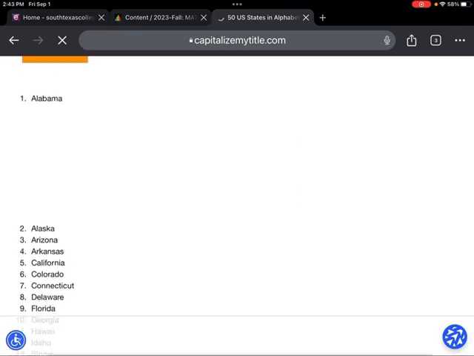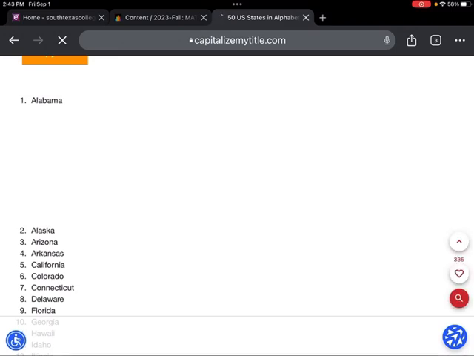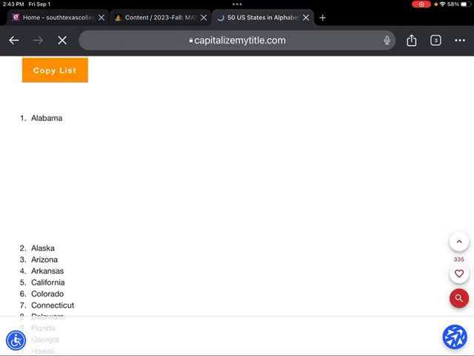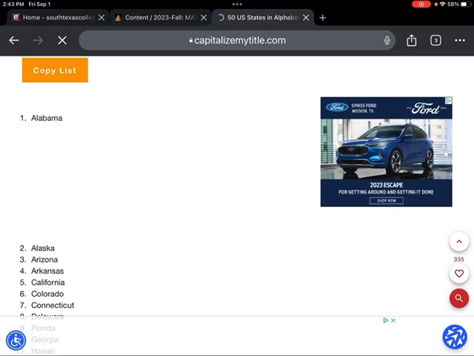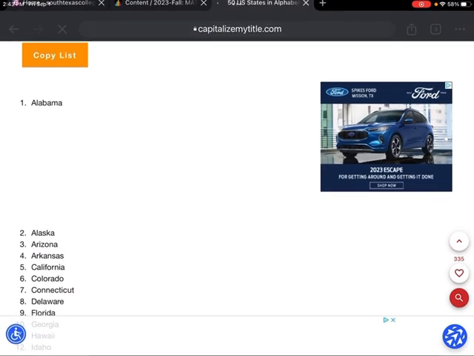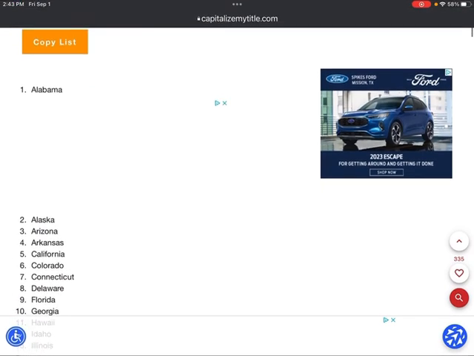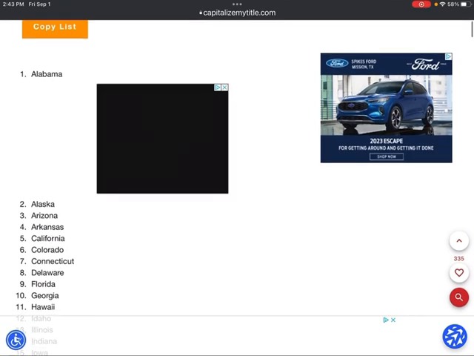Okay, so let's see. I don't know why there's such a space, but look, we have Alabama, Arizona. We're going to go through the list. Okay, I have 50 of them. Y'all, what I want to do is count the ones that start with vowels, and count the ones that start with consonants. So Alabama is 1, Alaska is 2, Arizona is 3, Arkansas is 4. I'm counting the ones that have vowels.